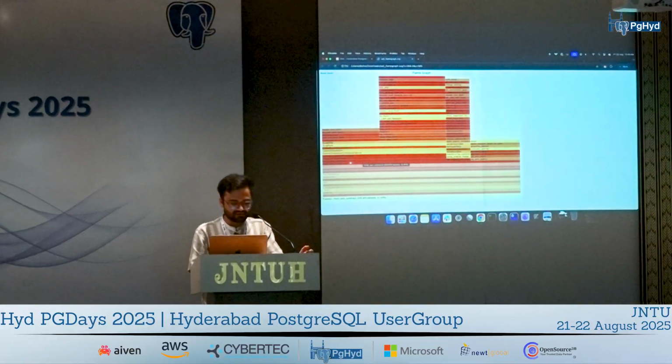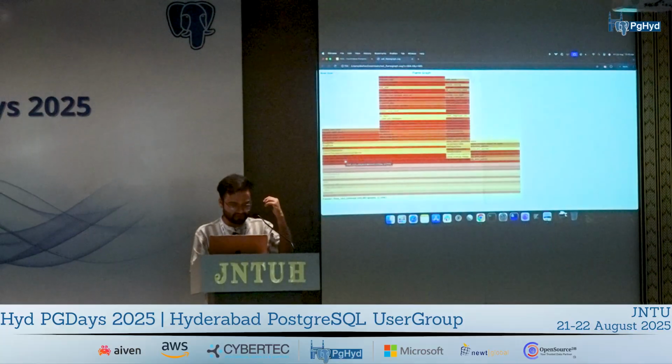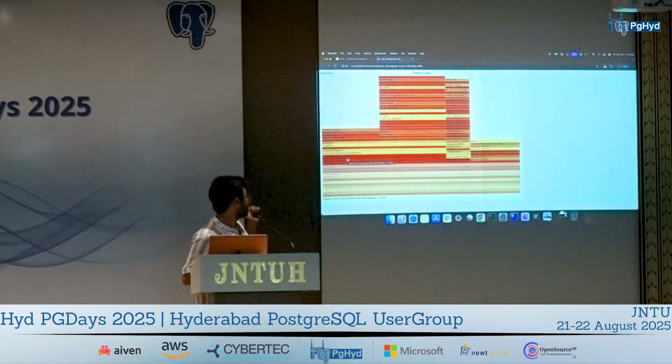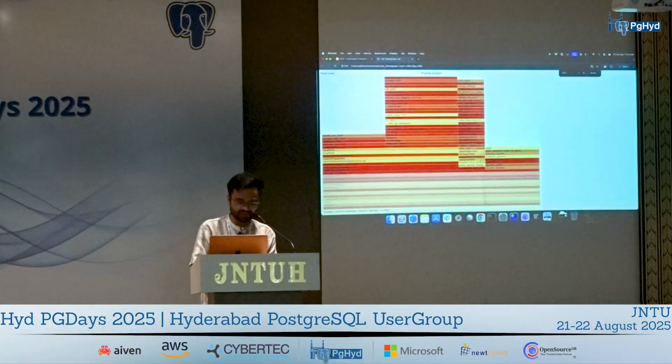After that we have some functions related to the transaction. I hope this is visible, I'll zoom in a little.